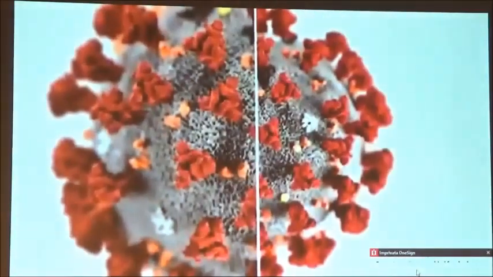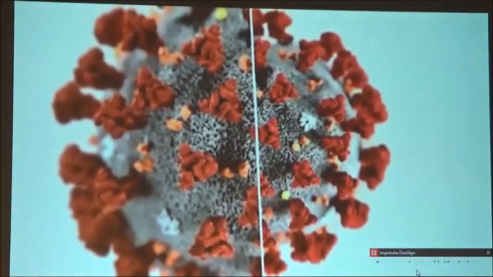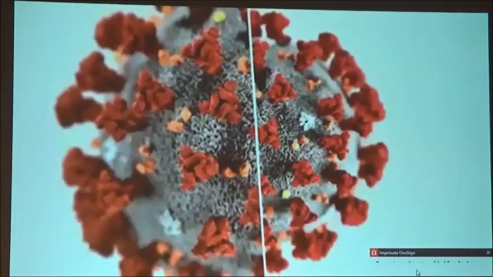This is a new virus that we've never seen before. So our immune system, our army, is having a hard time figuring out what to do. So usually what we have to do is we make something called antibodies. These are things that can grab onto the spikes that we see on the virus, and it'll get rid of the virus for you. And that will actually bring you back to good health.